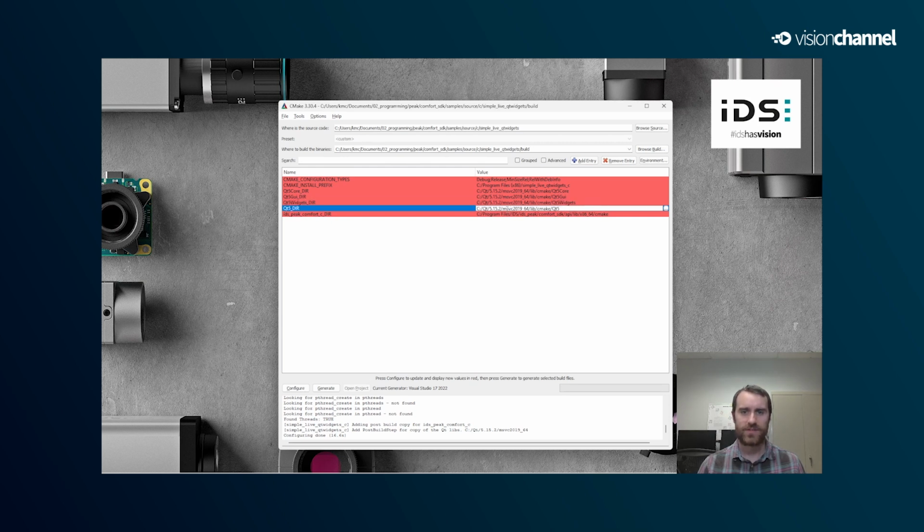So make sure that you navigate to the Qt directory 5.15.2 underneath your generator, or the closest one possible, and under library CMake Qt5. Once this is set, you should not have any more issues. And now let's click generate. And now we have our project.